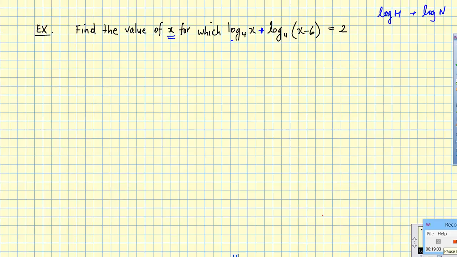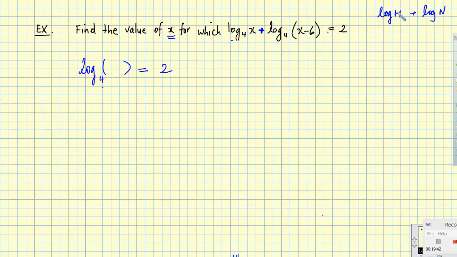My next question, our last question for today, is to find the value of x for which log base 4 of x plus log base 4 of x minus 2 equals 2. Now technically I can't work this out yet. I need to get to a point where I've got only a log base something, in this case 4, of something equals 2, so that I can rewrite this as an exponential and see if it works out. But in order to do that, I'm going to have to use the laws of